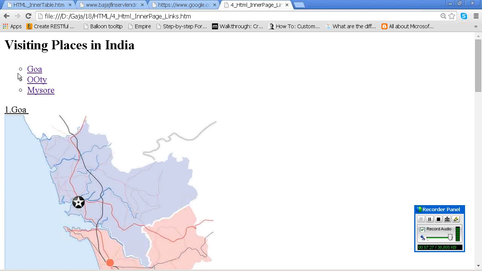By default, what is the type? Disc. What about the default type for ordered list? 1. If you are not specifying any type for ordered list, the default type is equal to 1. Are you understanding? So what is the difference you have seen between ordered list and unordered list? Ordered list will have a sequence. You can show in alphabet, in numeric, in Roman letters. And you can specify where it starts, start equal to, for alphabet and even for Roman also.